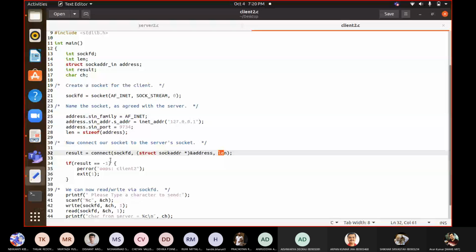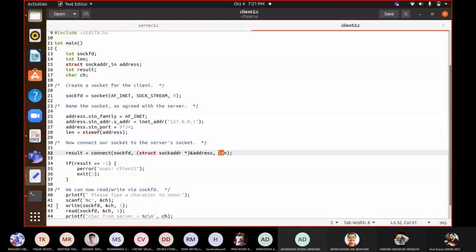Whereas because it is a connection establishment phase, why are these two system calls blocking system calls? Because the entire communication depends on these two system calls. Until and unless there is a connection establishment, things would not progress. So these are the critical system calls which will establish the final connection, and then things can go well. So at that time, the system has to take care of these requests, give its resource entirely and focus entirely on these system calls and these requests. So that's why these two system calls, accept and connect, are blocking system calls.